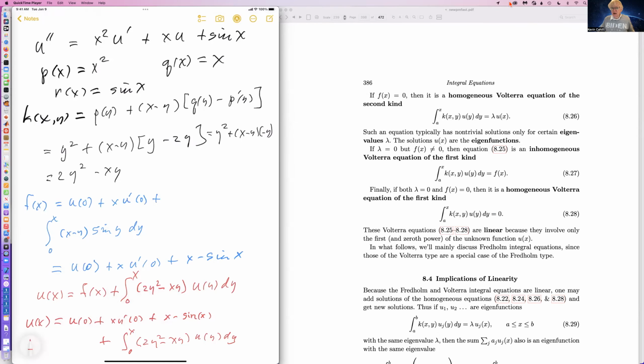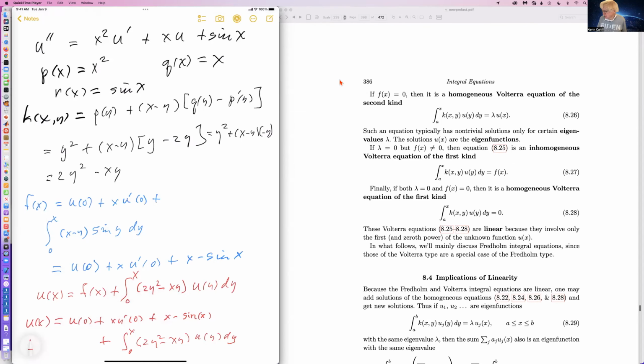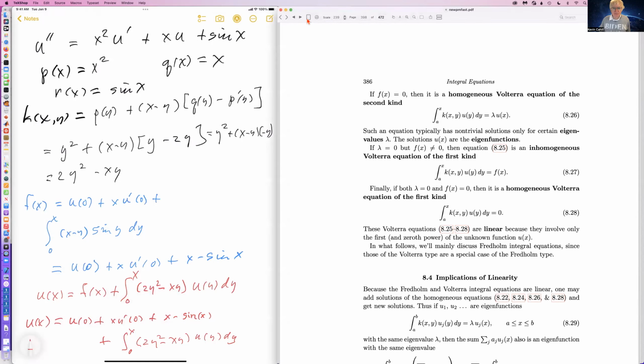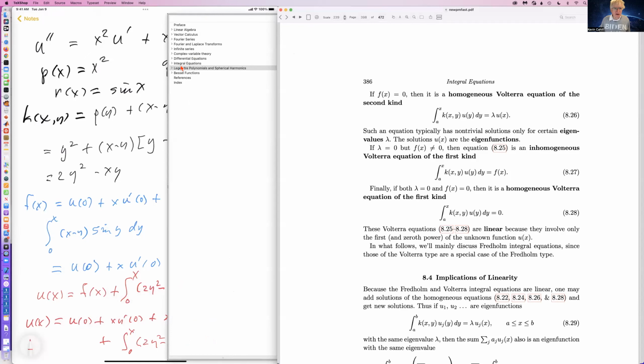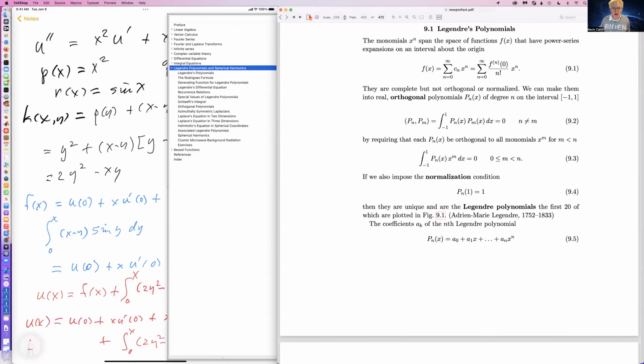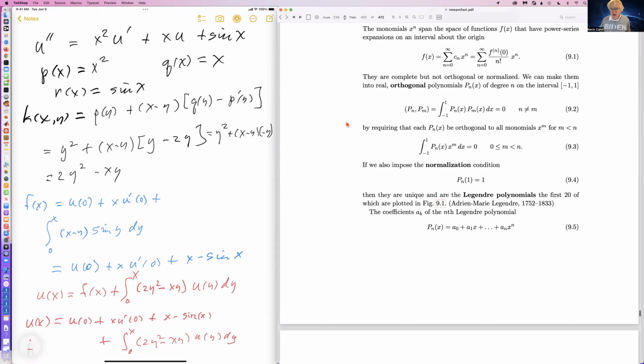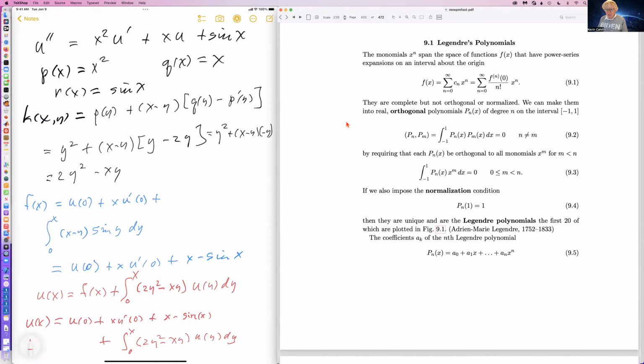So maybe I'll go on to the next chapter and look at some examples there. So let me move this out of the way if I can. And so, as I said, the Legendre polynomials are